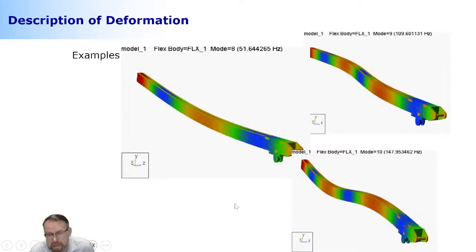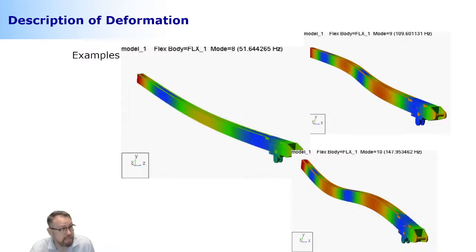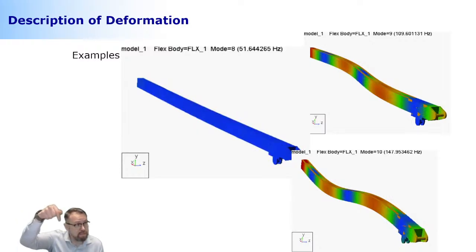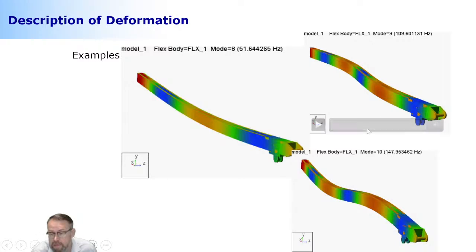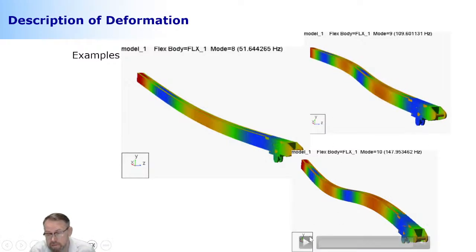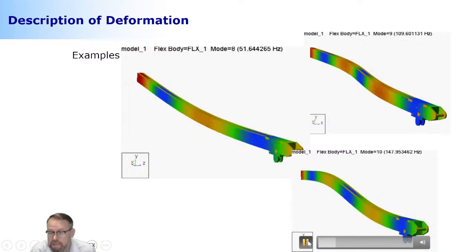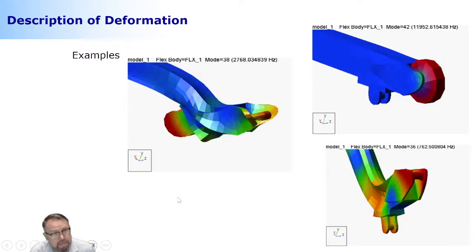But let's look at something like this one. If you think about this kind of deformation, this is extremely important if you have a loading in the transverse direction, like a horizontal loading direction. If you have a loading in another direction, this kind of deformation mode, you definitely need to keep in your computation. Otherwise, your accuracy will go down significantly. Probably this one too. But the higher you go with your modes, the more exotic they become.